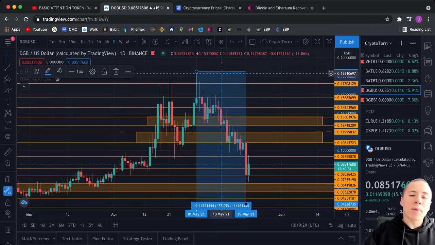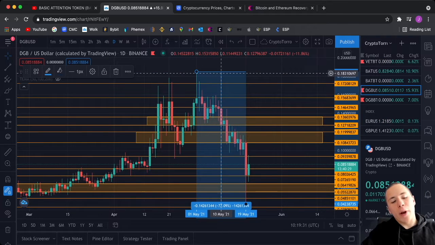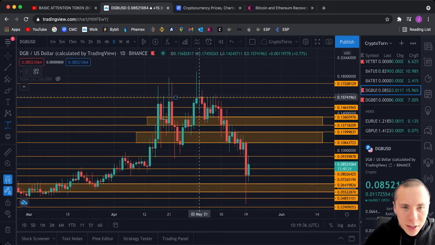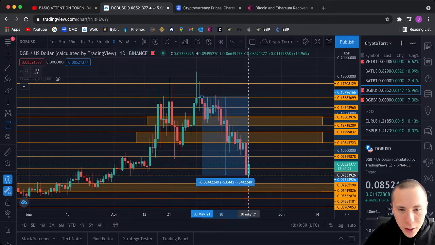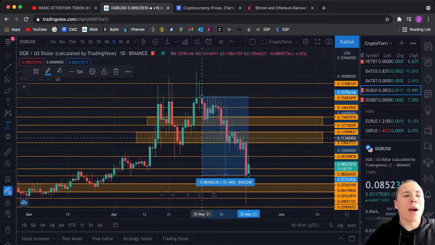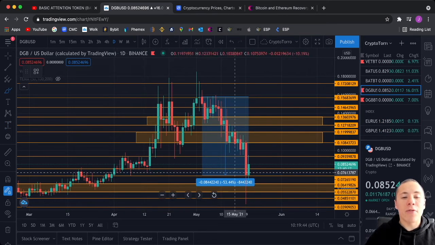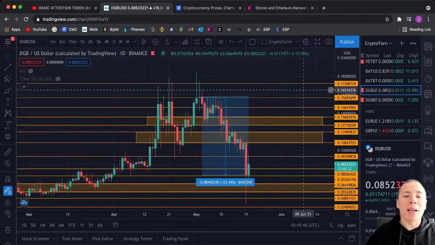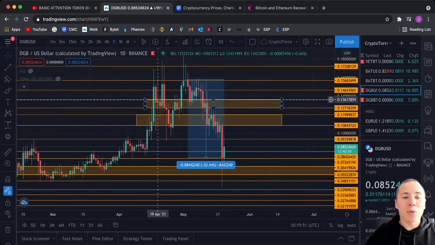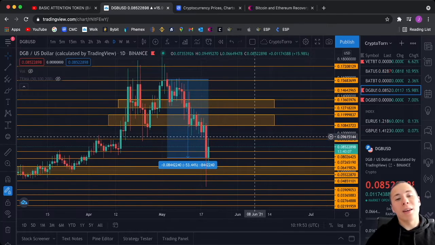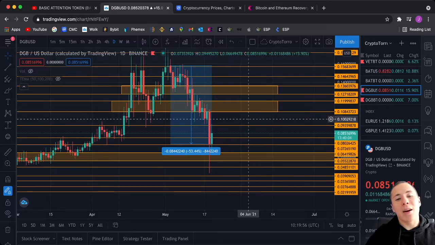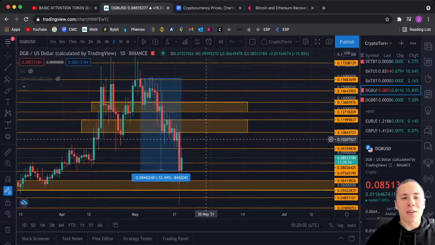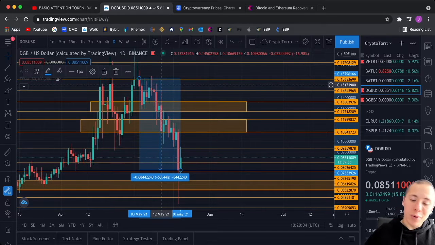And of course, for the people that do not like the candle wicks, I will be selecting just the body of the candles to take a look at what type of drop we are looking at. And you can see even right over there, we are still seeing a 53% drop on Digibyte, and a 50% pullback is a healthy pullback. And that's why I personally do not like the candle wicks, because they are giving us that super big price drop indicator that would be meaning that we will be entering a